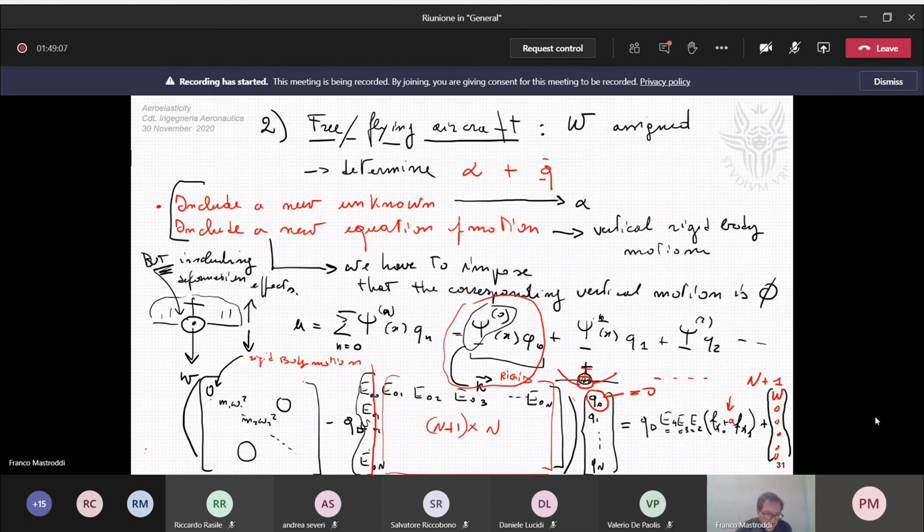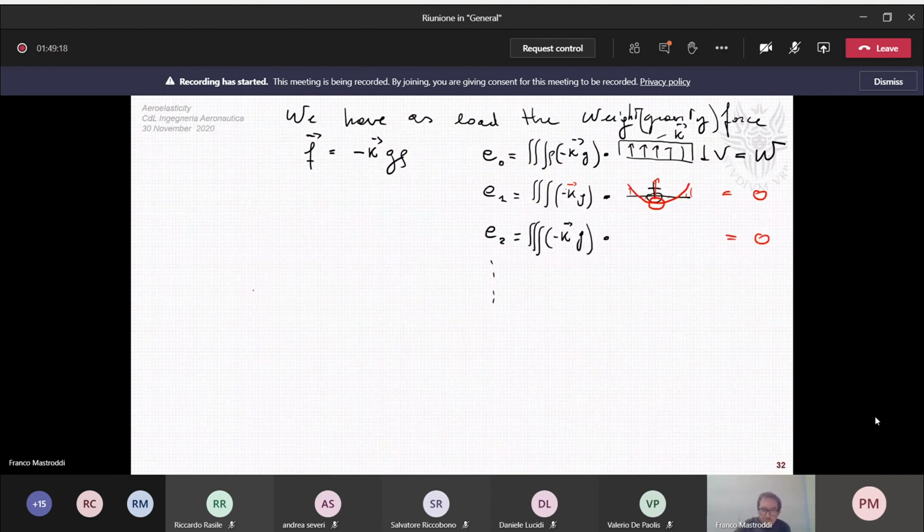And we also, of course, do not consider this column, the same block here. And at the end of the story, in our system, we have n+1 unknowns,